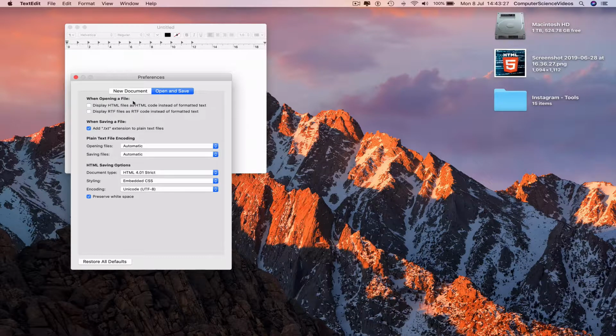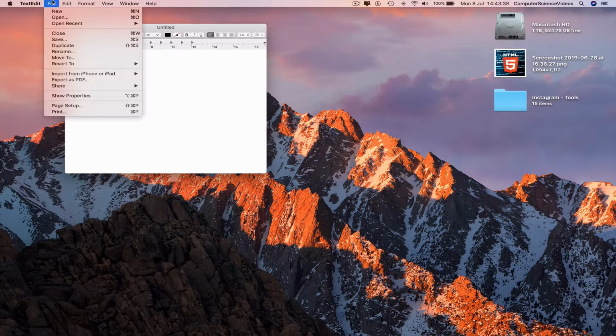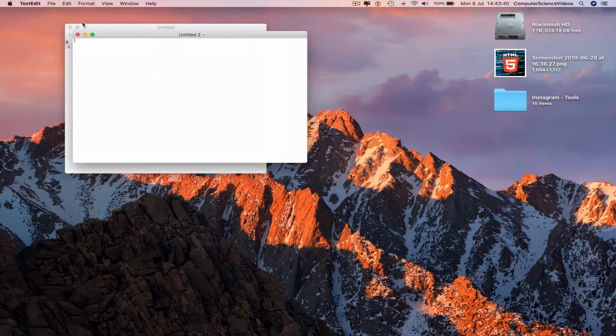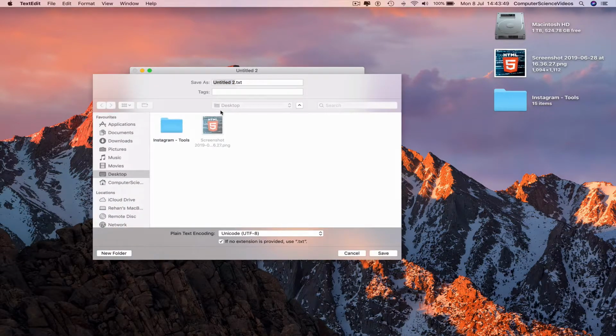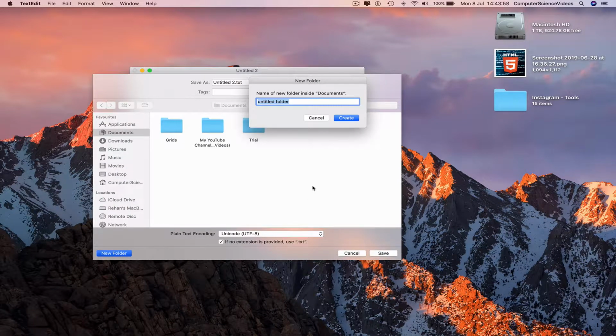When opening a file, click the box that says display HTML files as HTML code instead of formatting the text. And now we can close this down and open a new file. And now we are ready to save this file as index.html. Command S will save the file, so we can now go to the Documents, make a folder called HTML5,